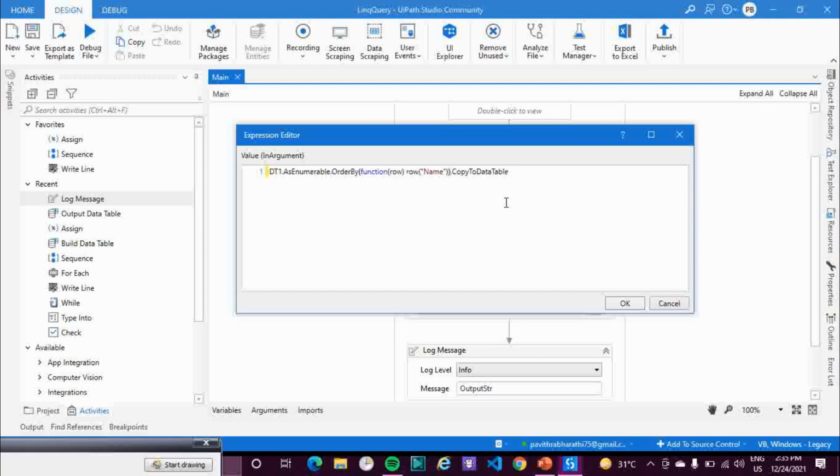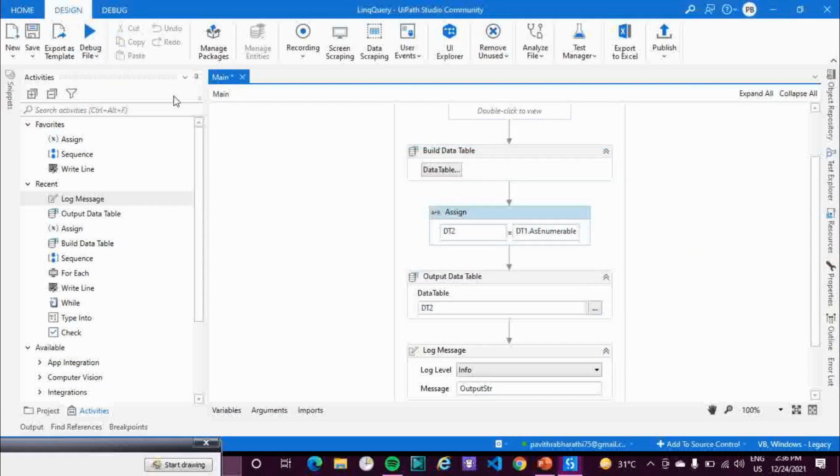And here again dot then by. Let me copy from name to function, and paste it over here. Let me just change this into roll number. So first it will be order by roll number, and then by the name. So now I'll be running the code.